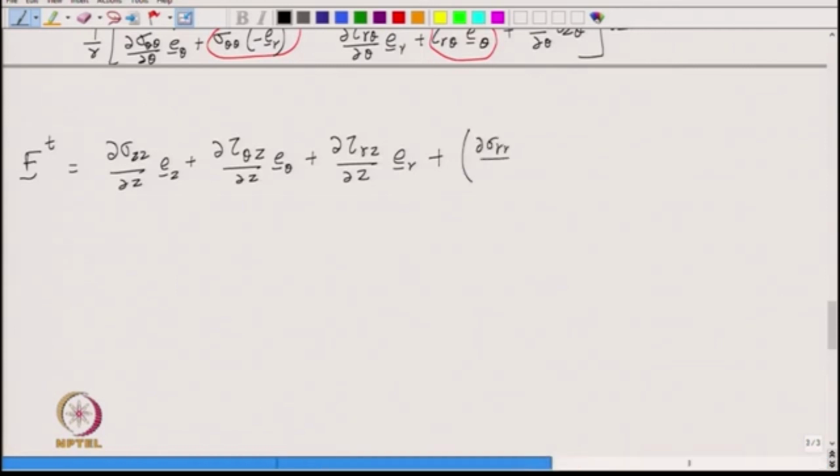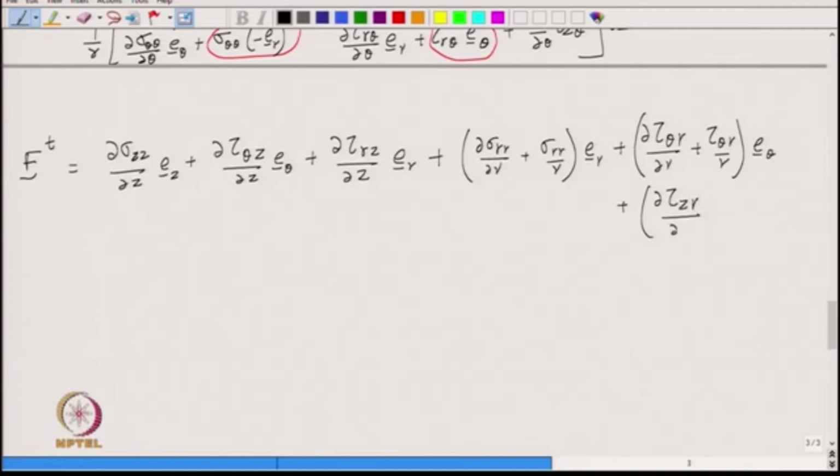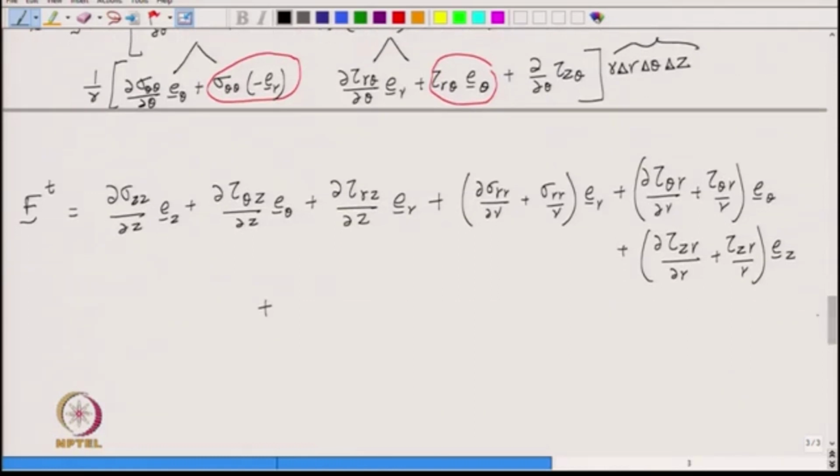So, we get ∂σ_rr/∂r + σ_rr/r times E_r, plus ∂τ_θr/∂r + τ_θr/r times E_θ, plus ∂τ_zr/∂r + τ_zr/r times E_z. Okay. And then for the plus theta and minus theta faces, we can write it here also,